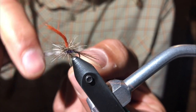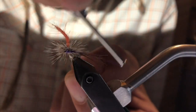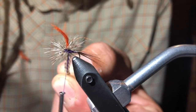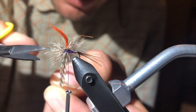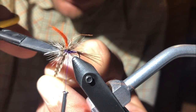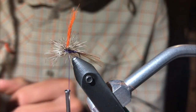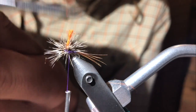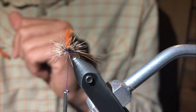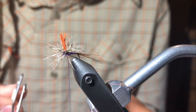Once you feel like you've got a decent amount of wraps with that hackle, you just take your thread and you keep wrapping it around the post. And all it takes is about 3 wraps. Then you're going to let it hang in front of the post. It might pull some of those hackle fibers down, and we can trim that later. I like to now trim my post, whatever length you kind of like there, just so you can have some visibility there. And then I'm going to take the hackle feathers